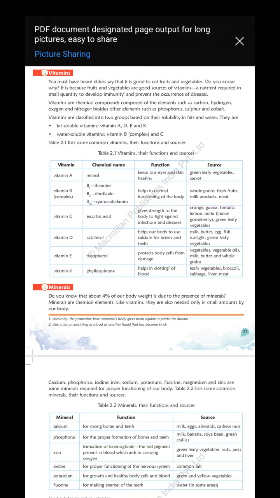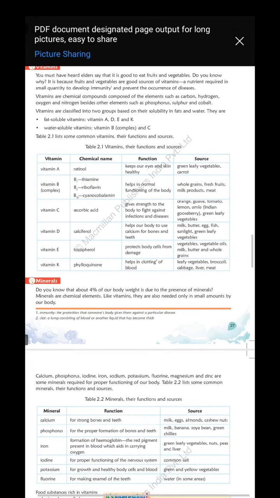And vitamin K is for blood clotting, Nana. If vitamin K is low in some people, their blood will not clot. If they get some injury on their body, blood will flow out continuously. There is no blood clot. After 2-3 minutes, only when the blood clots does the flow stop. Then we can survive. If it keeps flowing without stopping, even a small cut could kill us. So that's why vitamin K is also most important.